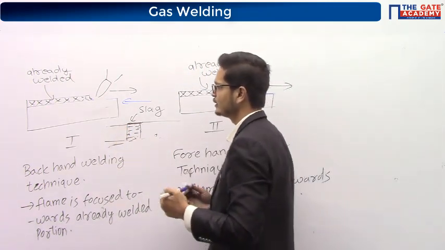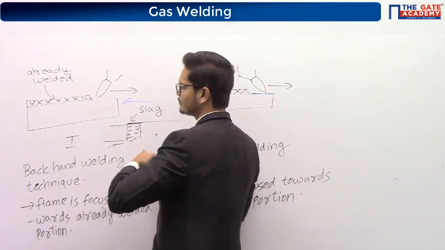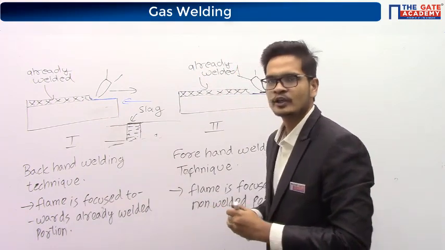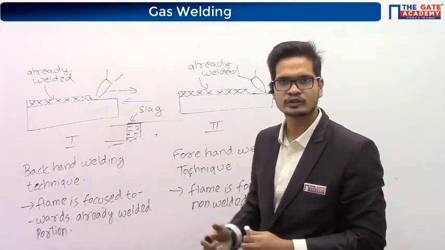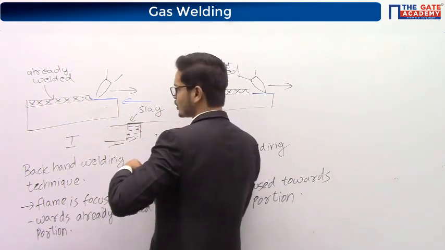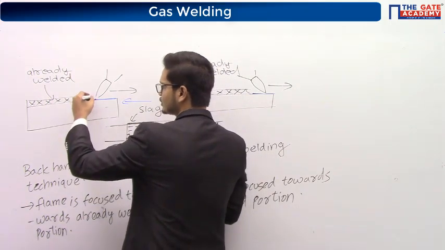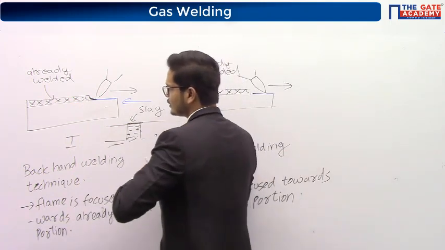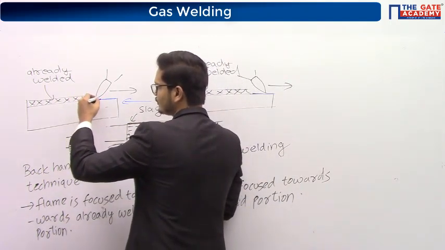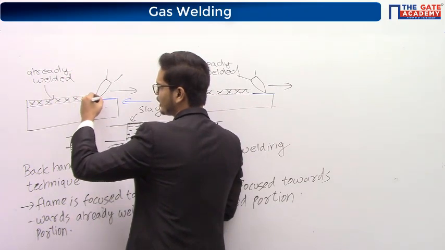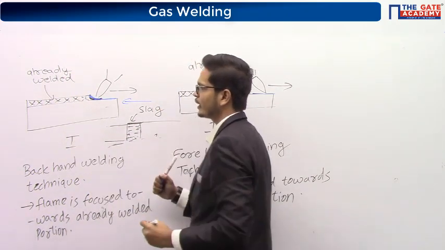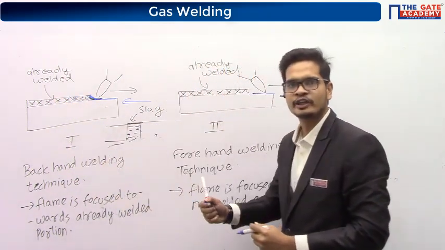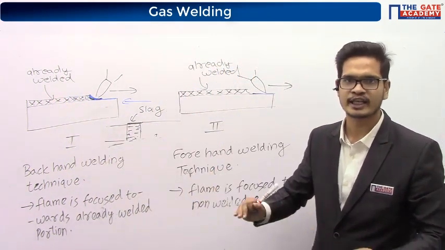So similarly, here also throughout, there is a crack, and on top of that crack, slag is floating. Now, because of the force of the flame, the flame is focused towards this sloped portion, right? Because of the force of the flame, this slag will go up, like this, and it will become a part of this. After solidification, we'll break it and remove the slag.